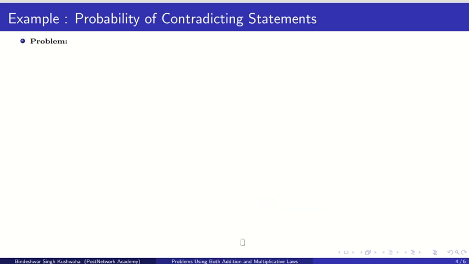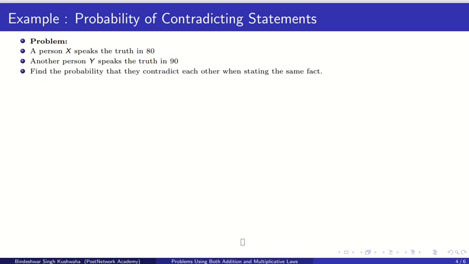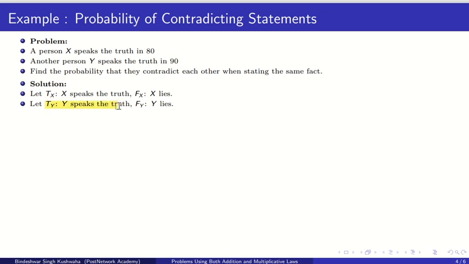Now let us see another example. A person X speaks the truth in 80% of cases and another person Y speaks the truth in 90%. Find the probability that they contradict each other when stating the same fact. So let TX be the event that X speaks the truth and FX that X lies, and in the same way TY that Y speaks the truth and